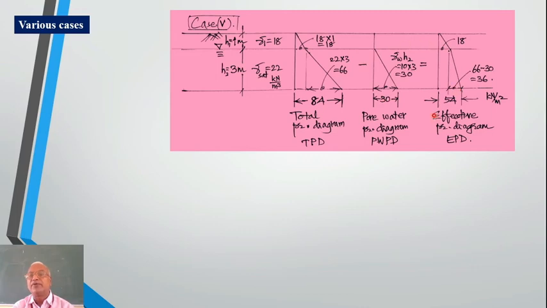Now if you draw the effective pressure diagram, this triangle minus this, it remains the same triangle, right? Now this triangle minus this triangle, that will be 66 at the base, 30 at the base. 66 minus 30, that will be 36. So that additional pressure will be only 36, but this 18 remains as it is. 18 plus 36, that will be 54. So the effective pressure diagram will be like this, right? This is the effective pressure diagram with water in between.